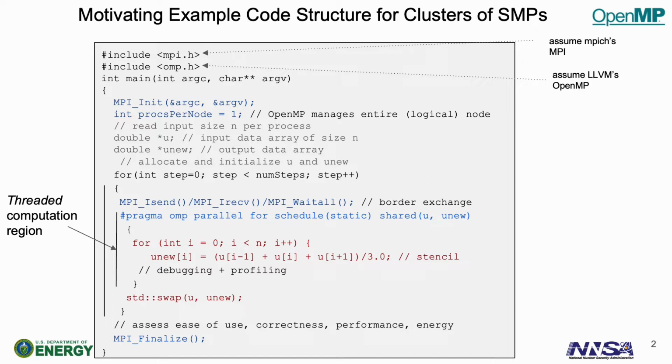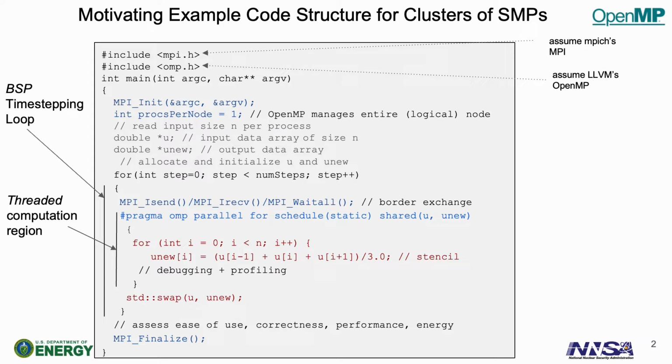Inside the core part of this code is this threaded computation region with this pragma parallel for, and then outside of that, there is a bulk synchronous parallel time-stepping loop that basically runs this simulation or an iterative solver